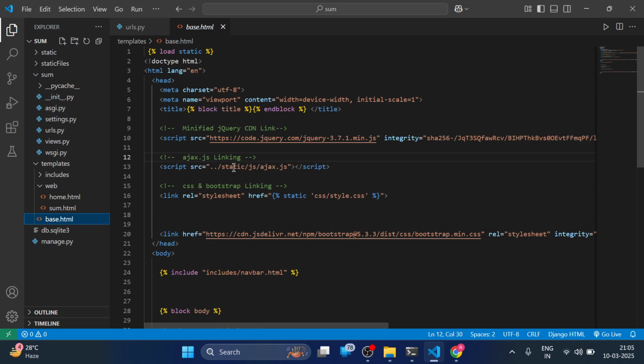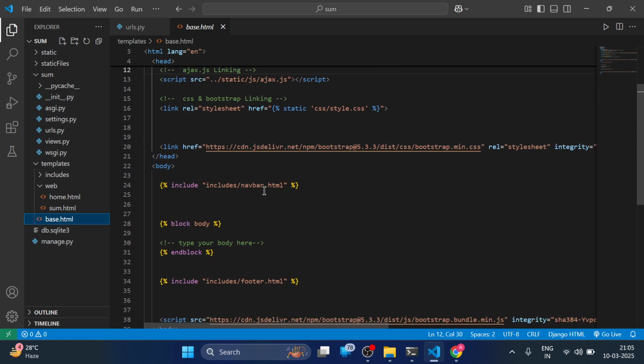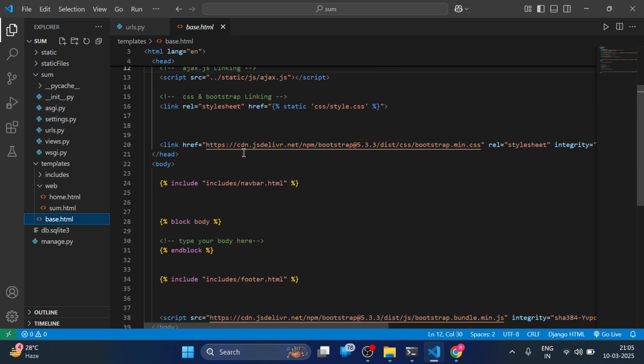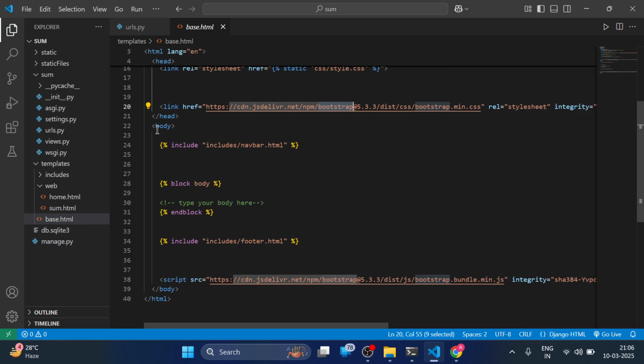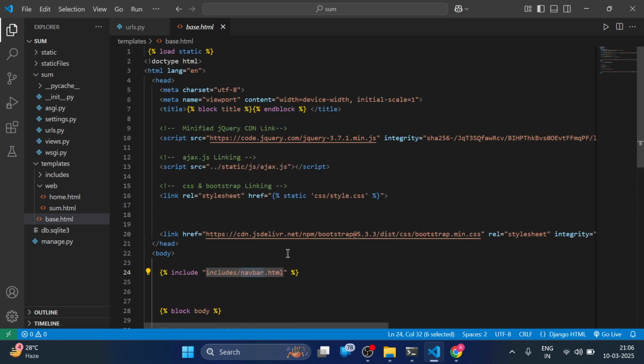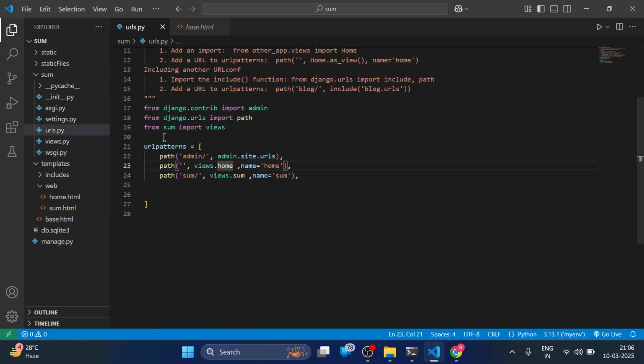Like we have linked AJAX here, we have linked jQuery here, then we have linked the CSS, the bootstrap, and then inside our body we have includes, which will include my navbar, then my body, and then the footer. So this was my home